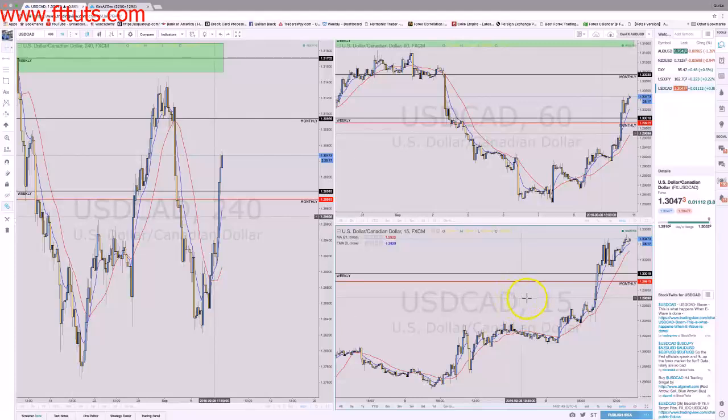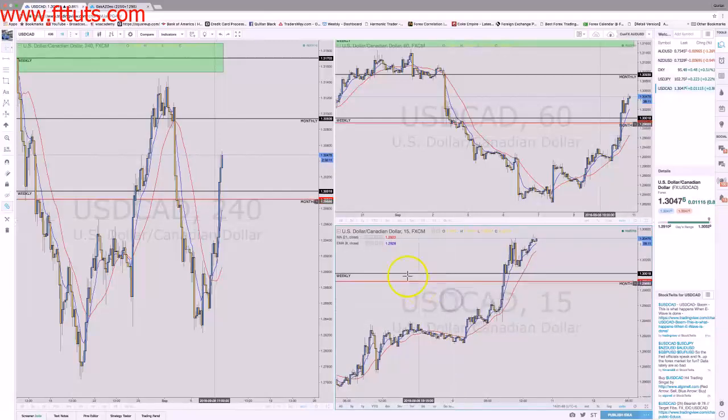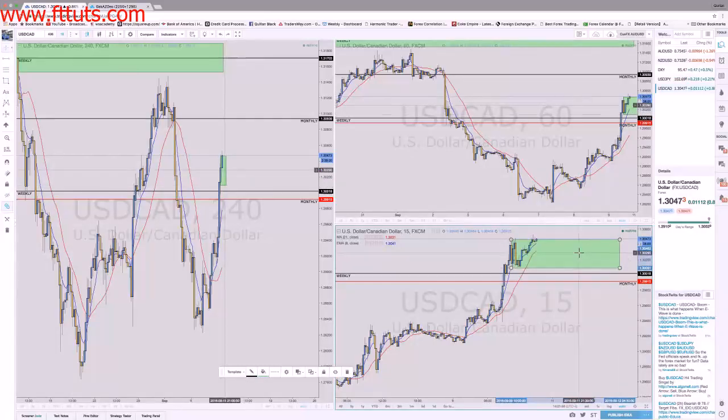And if you notice, the crosshairs are showing up on all 3 charts. So if I come over here and let's just say I'm going to draw another zone on this 15-minute, and I'm just drawing a box. It's putting it on all of the charts at one time. So if you like to go down to lower time frames for your entries, which you probably should, you can literally be seeing everything happening at one time